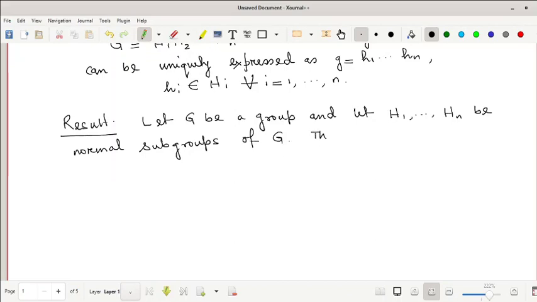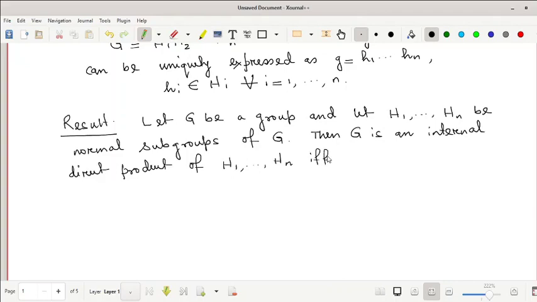Then G is an internal direct product of H1, H2, ..., Hn